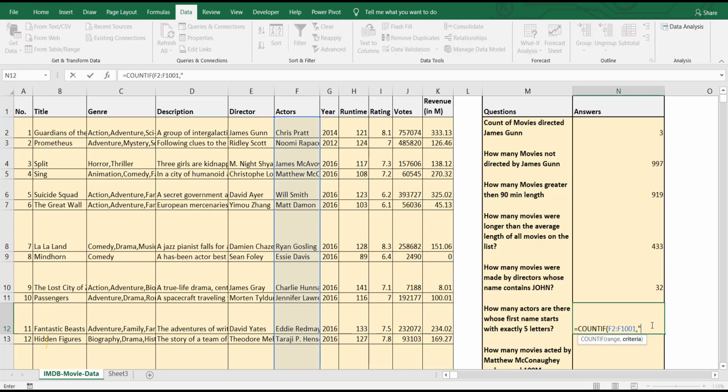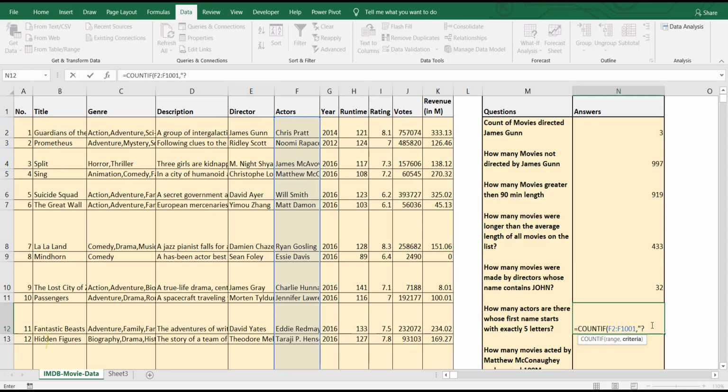So now we need to enter a question mark. Each question mark is a single character. In the case of asterisk, it means any number of characters. It doesn't matter whether it's 5 characters or 2 characters. Star means any number of characters. But the wildcard question mark represents a single character.